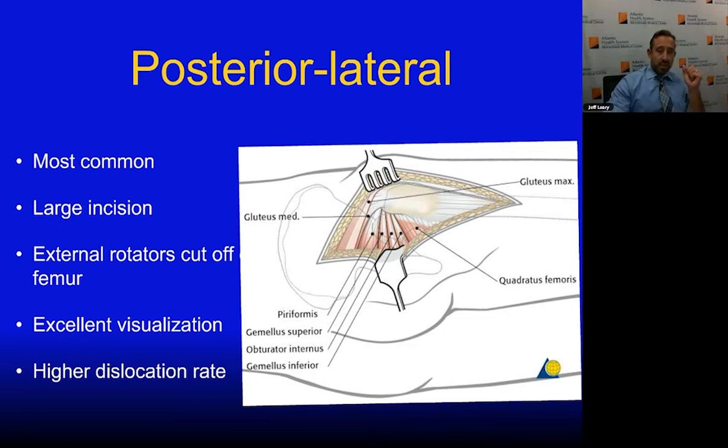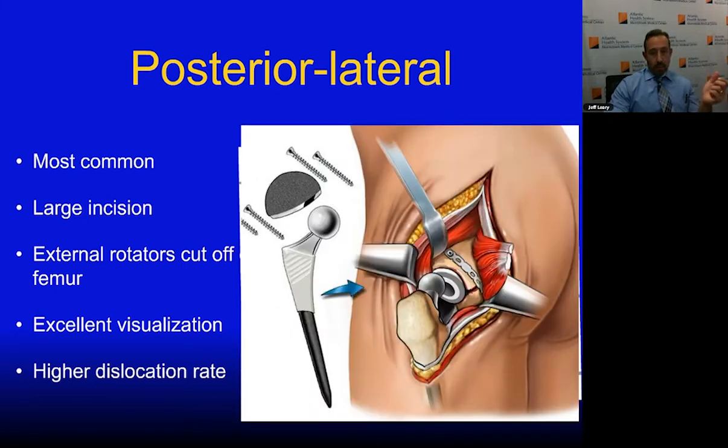It requires a large incision on the posterior aspect of the leg. Once you get down to the deeper levels, you have to take the rotators off of the femur. So there's a fair amount of soft tissue damage. It does provide excellent visualization while you're doing the surgery. However, because you're taking the rotators down, there are concerns with possible early dislocation, things like that. Once you get down, you then have this exposure where you can put your implants in, your new acetabular component, your femoral component. And again, it does provide excellent visualization.